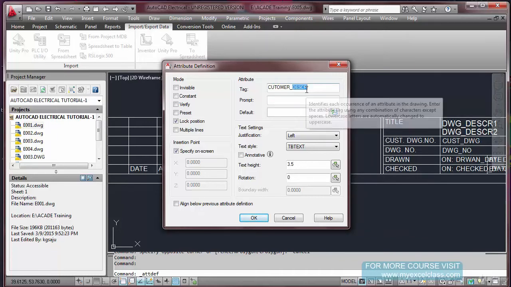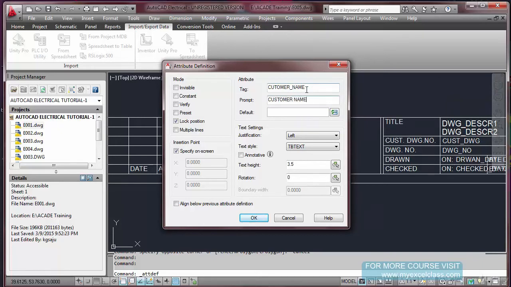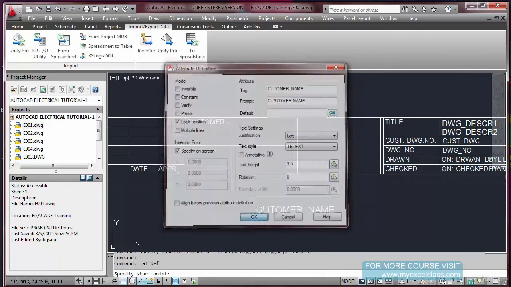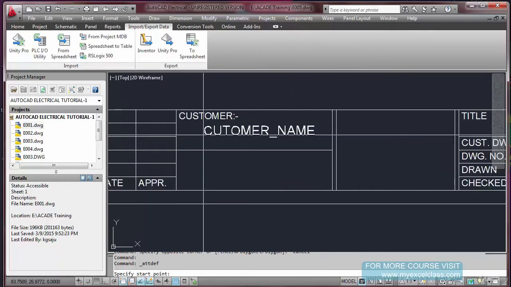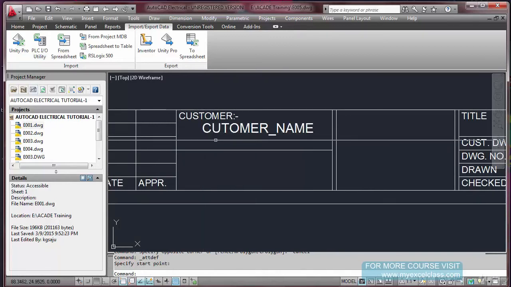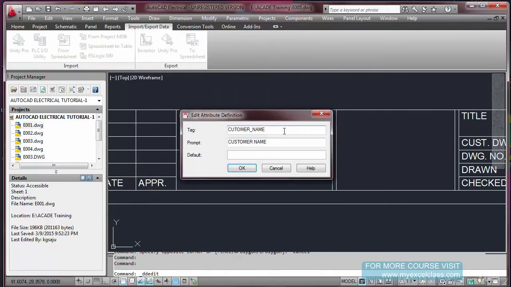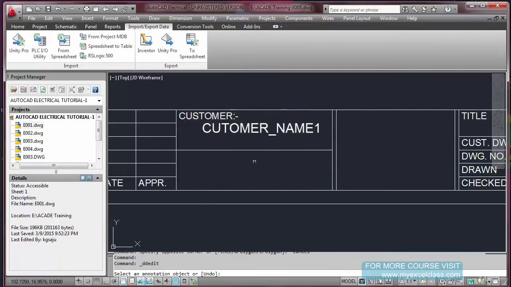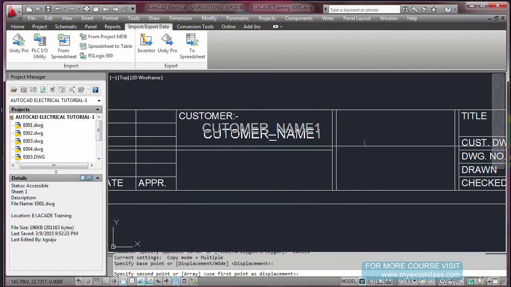Customer name, fine. I'm going to put it here. If you want, you can put 1 and copy this.